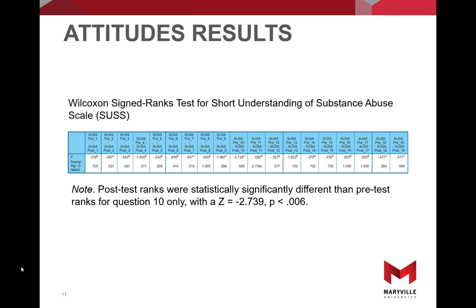Of note, question 10 on the SUSS is part of the eclectic subscale, which is the least reliable of the three subscales called disease, psychosocial, and eclectic, to assess attitudes. I spoke with a developer of this survey, Dr. Keith Humphreys, on the phone. He mentioned to me that some people leave the eclectic subscale off the survey because it was the least reliable, leaving 12 questions from the disease and psychosocial subscales.